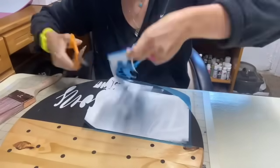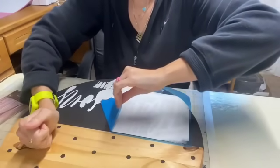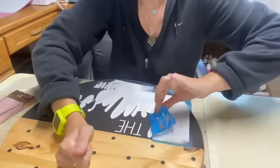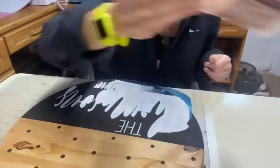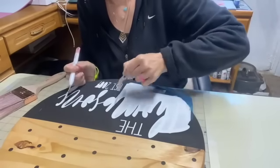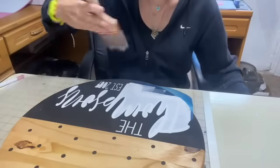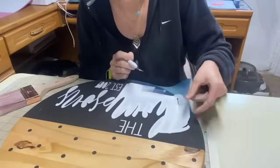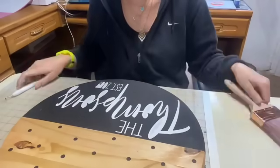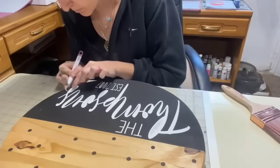Make sure when you are taking this off, whenever you are using chalk paint, as you peel it up, it crumbles a little bit. That's why my fist is on the wood part, not on the black, because if you get any of that little debris falling off and you accidentally rub it on the black paint, it's going to stay like it is painted. There will be no getting it off. That's why I keep brushing off every little bit. If I see any little bit of chalk paint, I brush it off because I do not want to run the risk of accidentally rubbing it into that black paint. So be